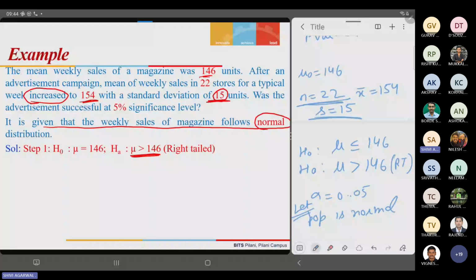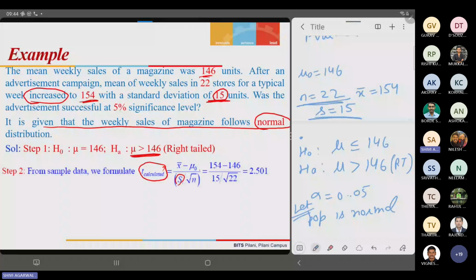Mu is greater than 146, right tail problem. T calculated value is x bar minus mu naught, divided by, instead of sigma, we are using S, and it is 2.501. Okay? Now, at 5% level of significance,